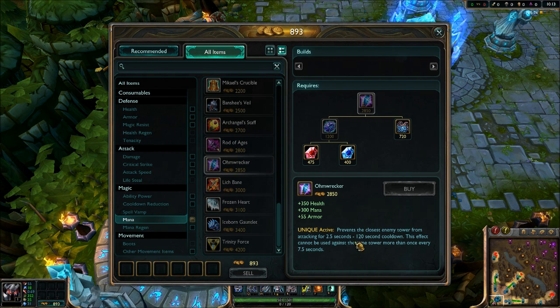Now, for those of you who like to tower dive, this is a great item for you, especially if you need to get rather beefy. You can pick it up, you can activate it when you're going to dive them, this will be good on champions such as Garen, Cho'Gath, and those really kind of tanky characters who can dive easily and take enemies out. This effect cannot be used against the same tower more than once every 7.5 seconds,